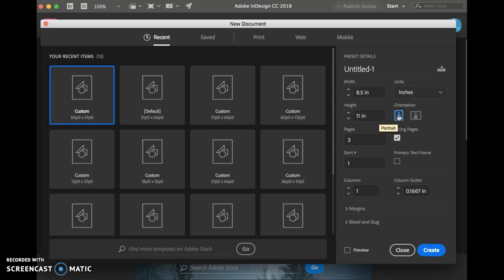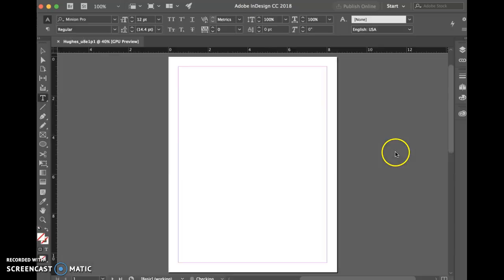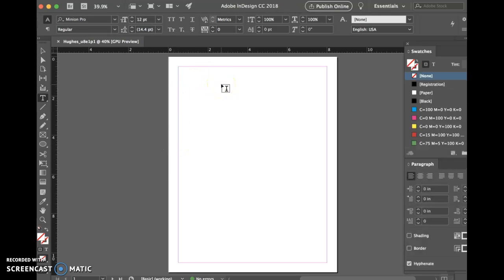And then we want to name it with your last name. Of course, mine will be Hughes_ and then you want to have the unit 8, and then we're going to do exercise 1, P1 for part 1. So we'll do that, unit 8, exercise 1, part 1, and then you can go ahead and say create, and then here we have